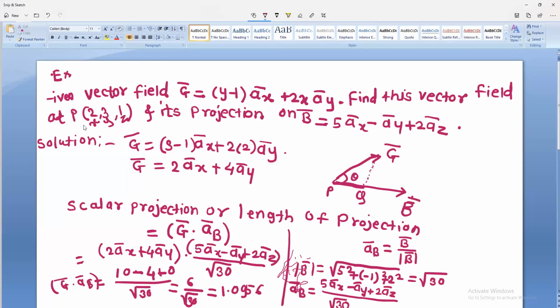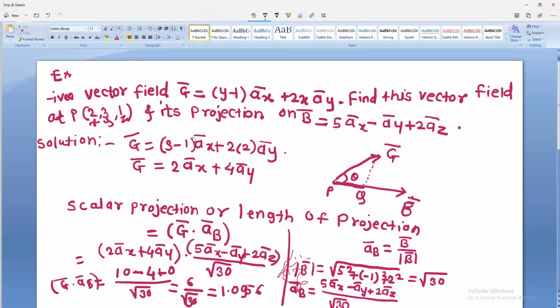Now point P is given and P has 3 coordinates, and these 3 coordinates are nothing but x, y and z values in Cartesian coordinate system. So x, y and z values are given, so put these values in the equation of G bar. So G bar is equal to y is 3 minus 1 into a bar x plus 2 into x, which is 2, into a bar y. So G bar is equal to 2 a bar x plus 4 a bar y. Now the question asked is, we have to find